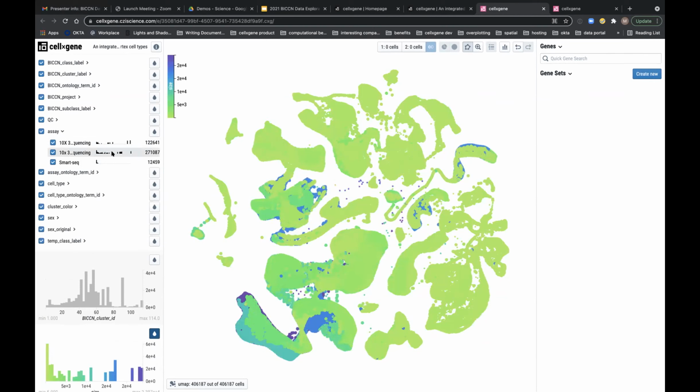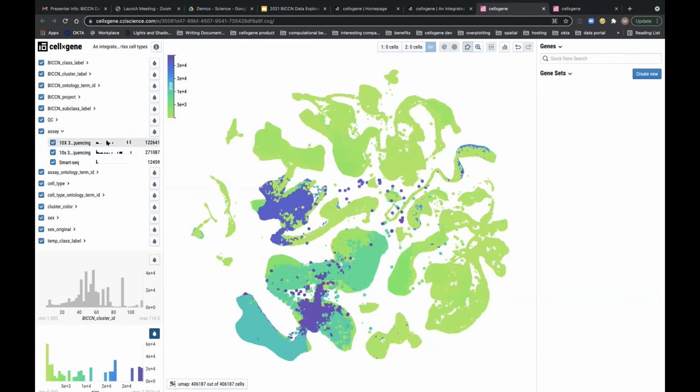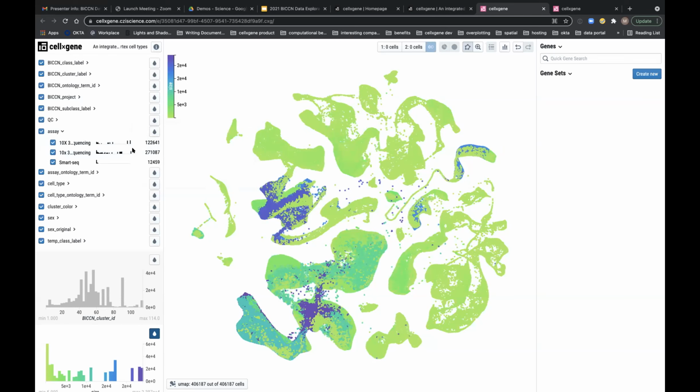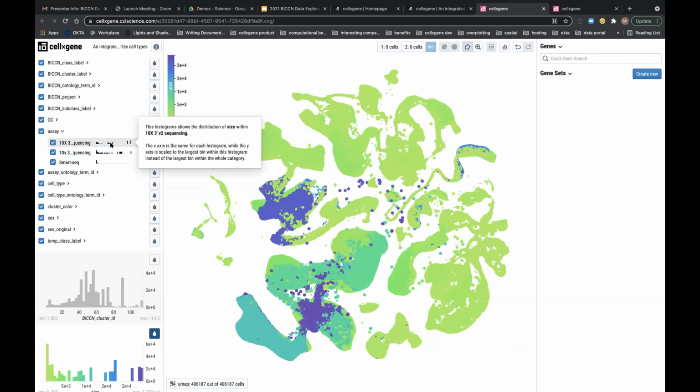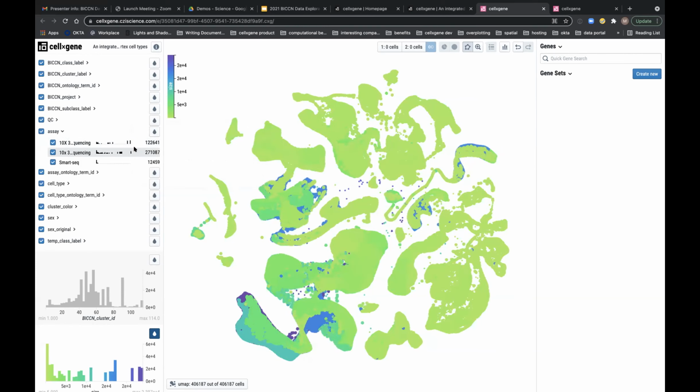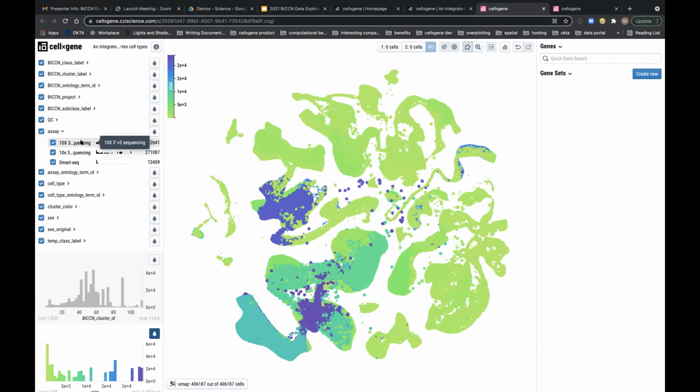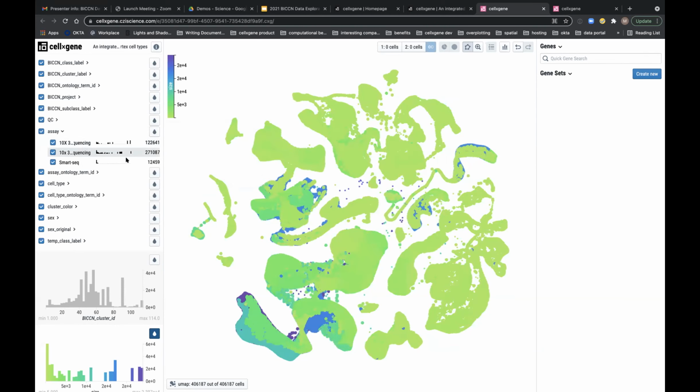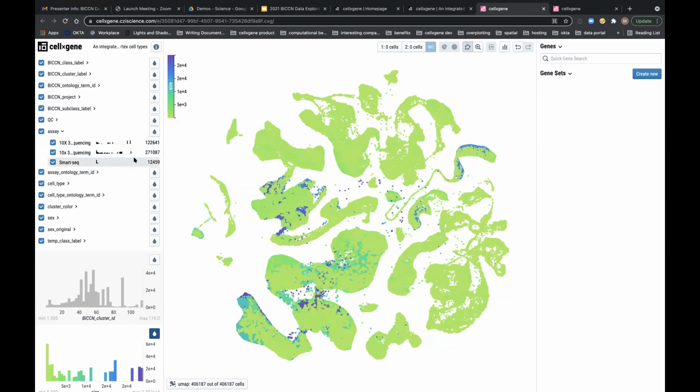We're seeing a histogram instead of a bar chart, but we do get to see the size values partitioned over each of the assay conditions. We can see that some of these outliers, some of the high-size cells, are only present in the 10x V2 or V3 sequencing, which makes sense. I think that SmartSeq is not detecting as many molecules as the 10x. So that's cool. Hopefully it gives you some examples of how to start to look at how your data is varying across experimental conditions or assays.